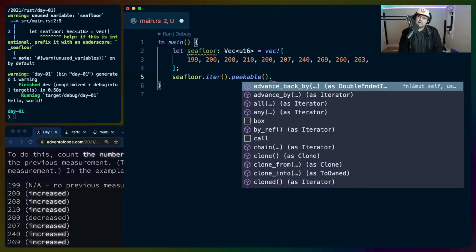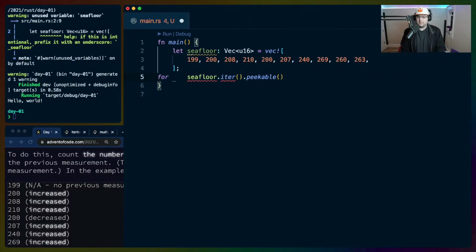Do we want to do this? I can do this in two ways. One of the things is I don't know what part 2 is going to be, so let's just do the simplest implementation. So let's do for floor in, actually, if we make this peekable, we need a reference to the iterator. So let mut iterator, because we're going to have to call next, equals this.